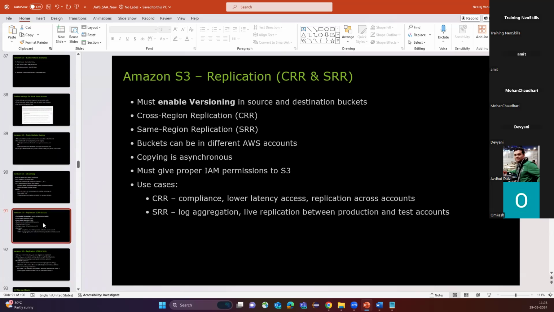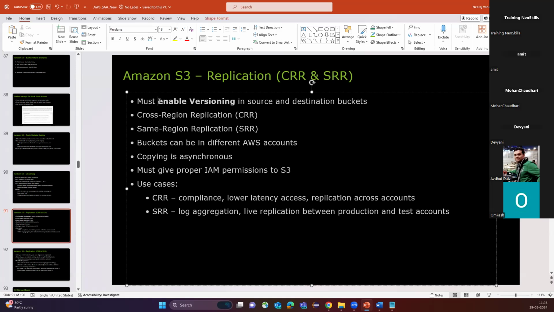So basically, to copy the files from one S3 bucket to a different S3 bucket, you can use the replication, and replication could be the same region replication or the cross region replication. And these could be in the same AWS account or a different AWS account. But the prerequisite for the same region or the cross region replication to work is that versioning always needs to be enabled on both sides, the source S3 bucket and the target S3 bucket here. Okay, so